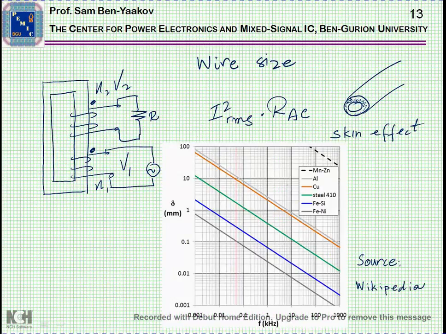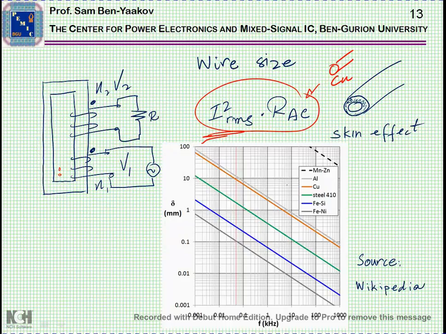Now, what about the wire size? Wire size depends on the resistance that you'll have, and you'd like to choose a wire such that the heating and the thermal dissipation will be in the range that is acceptable in your design. Once you know the number of turns, you can calculate the total length, and knowing the diameter and the material, which usually will be copper, you can calculate the total resistance, and knowing the RMS current, you know the